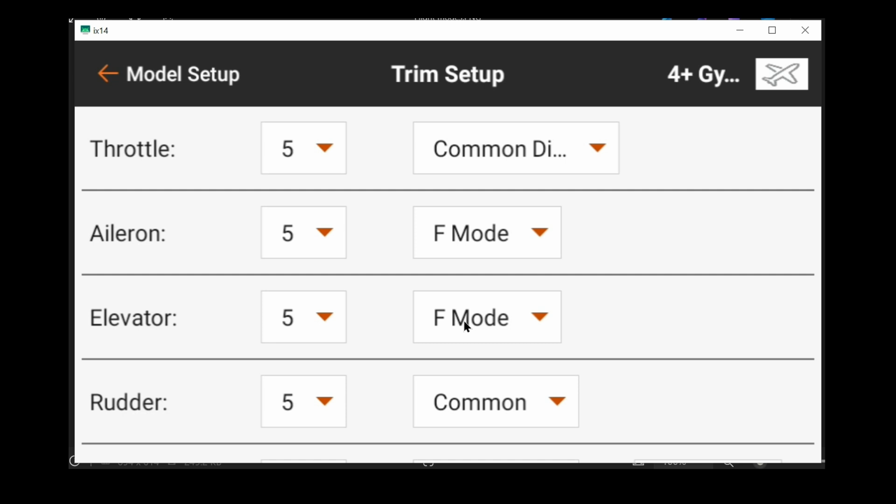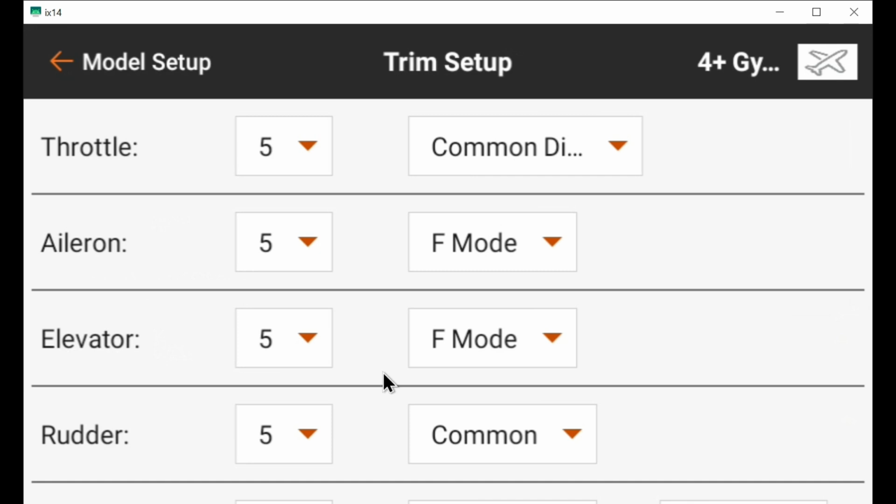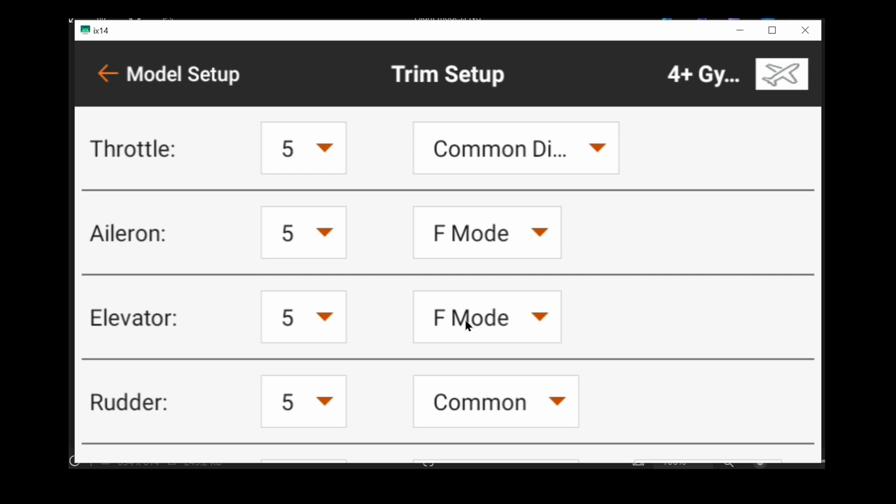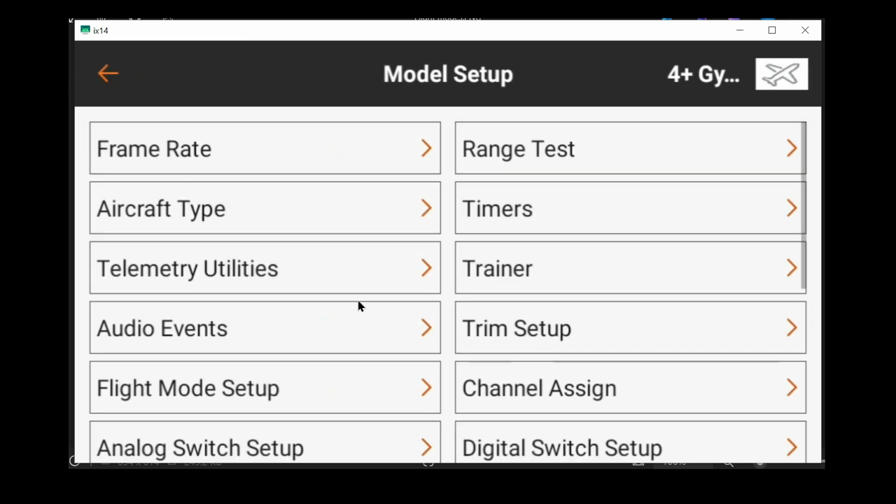And the transmitter will remember these trims, because you want to trim the airplane to fly level with the flaps up, and then you want to trim it where it glides with takeoff flaps deployed, and you want to trim it to where it glides with full flaps without stalling. And using flight mode trim lets you trim the elevator while you're flying in the air, instead of having to do the guessing game in the flap system menu,